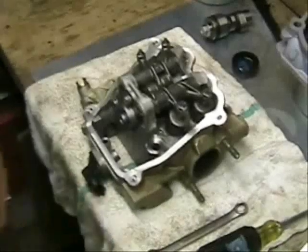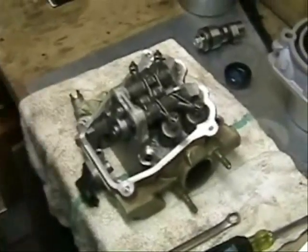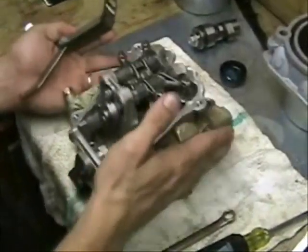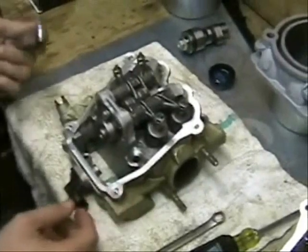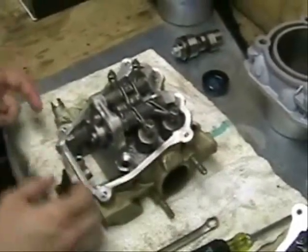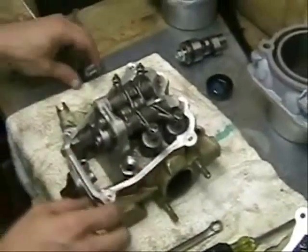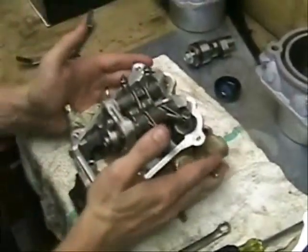Alright guys, here is one really easy way to set the valves on your motors. It does not matter if you have the heads off your motor or if you have them bolted onto the motor, as long as you are sitting at top dead center. If it's bolted onto the motor, be sure that you are at top dead center. And you would know how to do this. You know if you're at top dead center, if it's bolted on, let's say this is your front cylinder